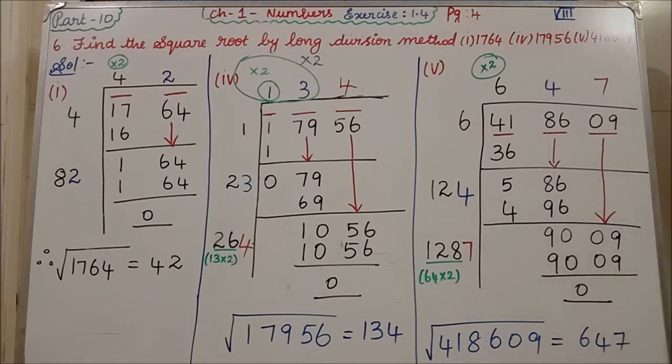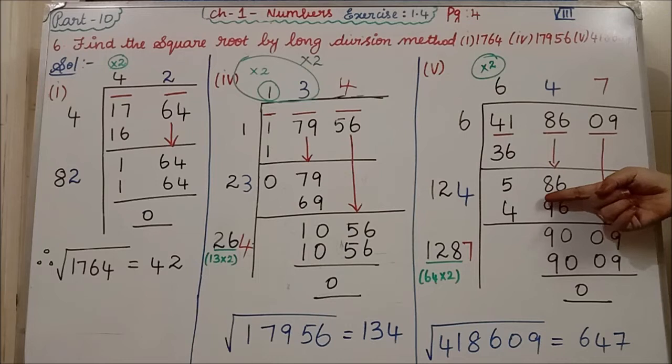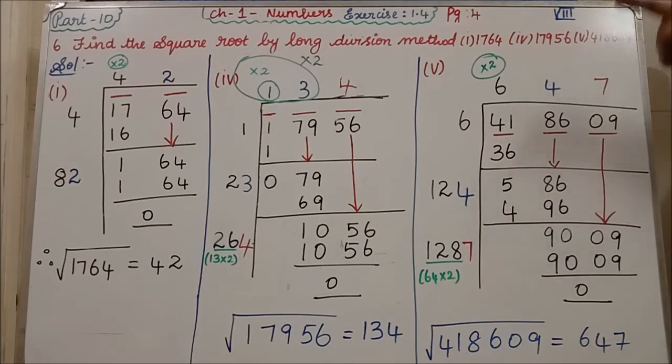The next step, 586 you are having. Now we are ending with 6. I told you if it is ending with 6, you have to try with 4 or 6. Because 4 4s are 16, the ones place 6 we are having. Similarly 6 6s are 36, in the ones place we are having 6. So you have to try with either 4 or with 6.